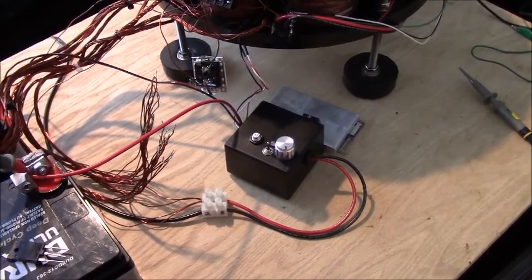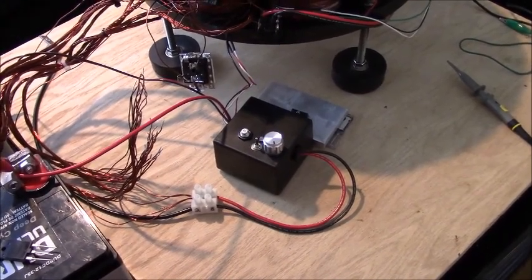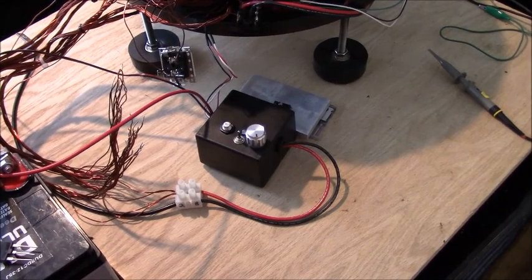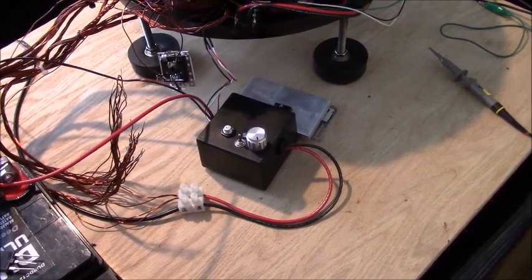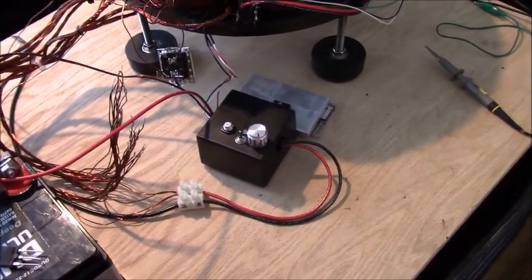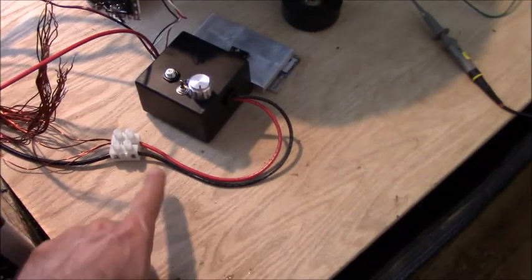You don't really want a fast turning on circuit breaker. You want a slow one, because the pulses will tend to trip, just like a GFI plug. They trip real easy. They're not slow. They're there for your safety. This isn't so important. If you were to blow out something, you would have time. You could wait a whole second at least, and even more, you could probably wait 30 seconds before it would start melting things down. But I think what I'm trying to say, also with the circuit breaker, is it may be better to run each individual circuit breaker between each MOSFET on the negative terminal, and that way